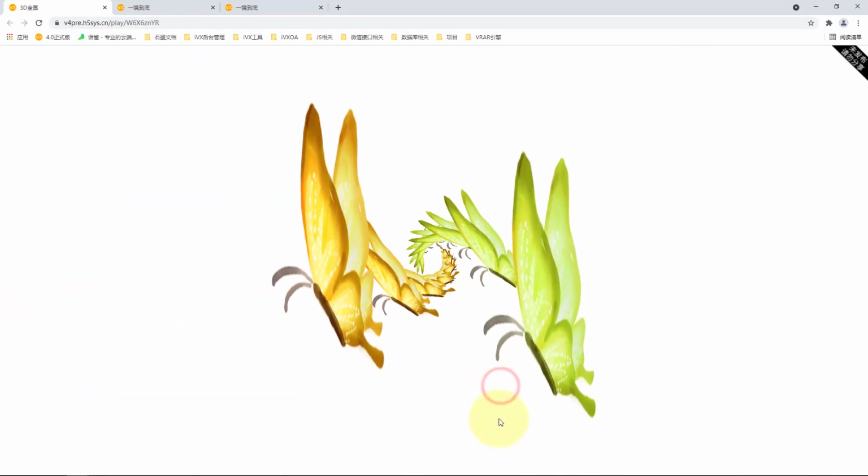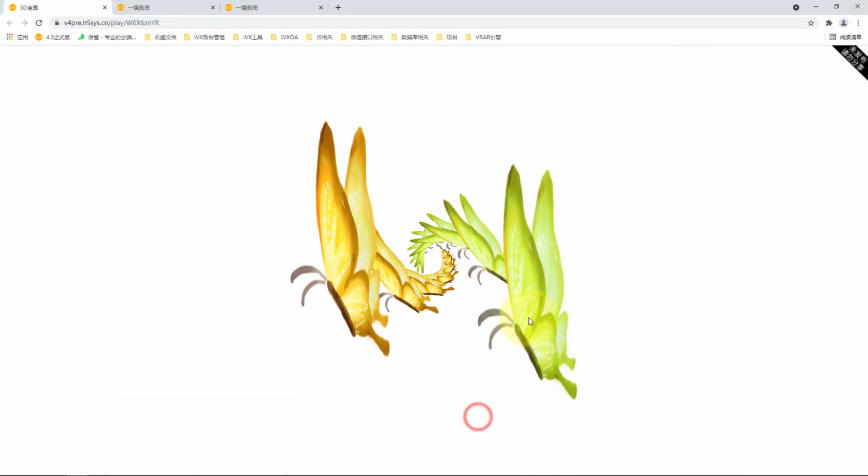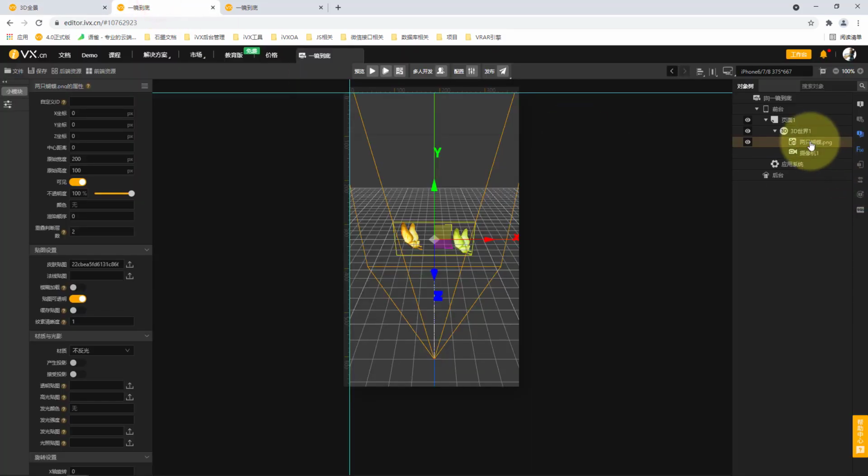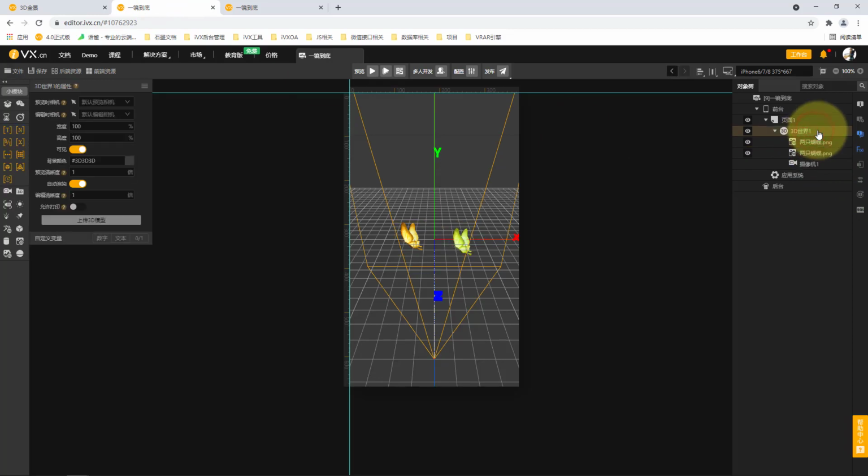For example, its original width and original height are 100. Obviously, its width should be higher, so we adjust its width to 200. In this way, it can be shown normally. Then let's take a look at this